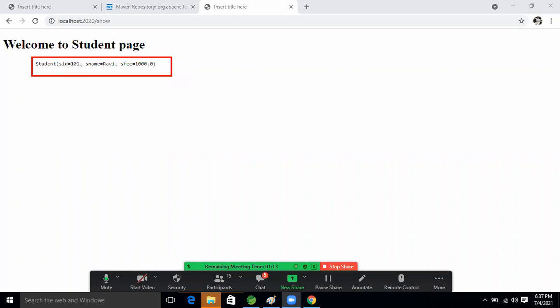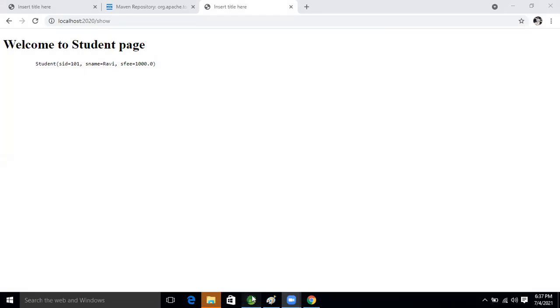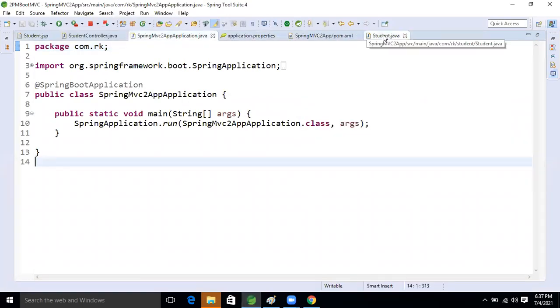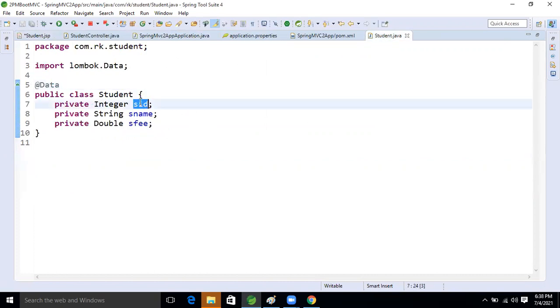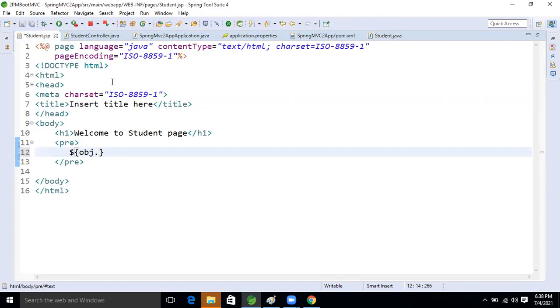Directly we are getting the object. If you want to decorate it like this, you have to decorate the object. Come to the JSP page. Here you have to write obj.sid, copy this one and paste it. So here take the sid, student ID.